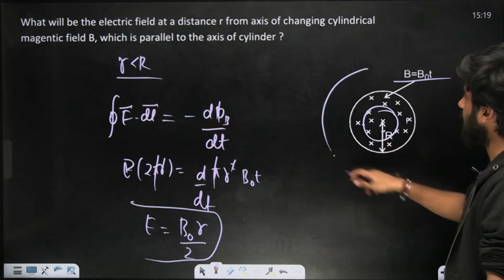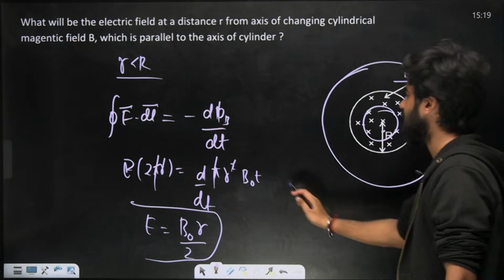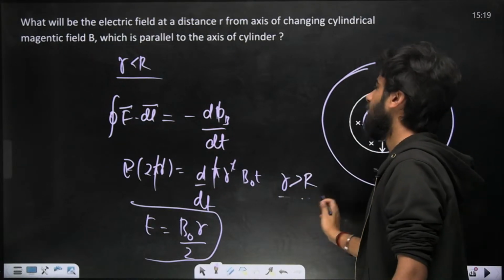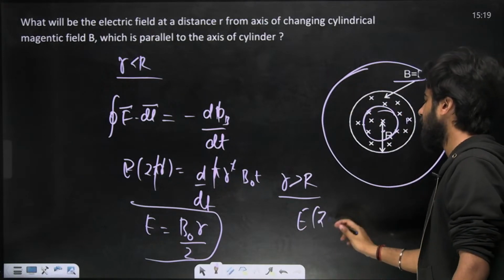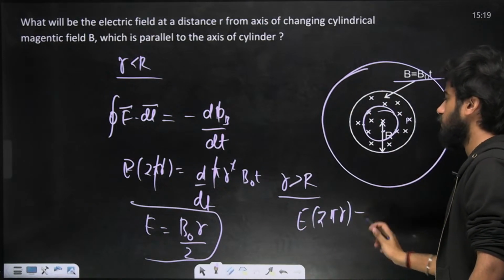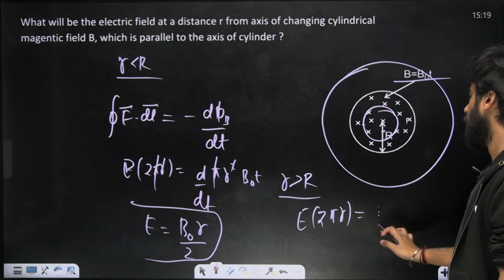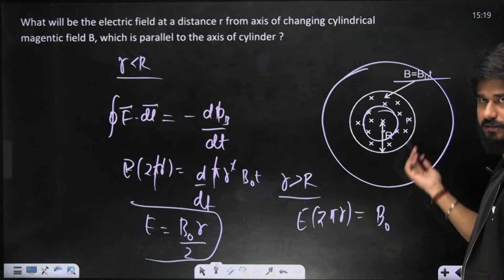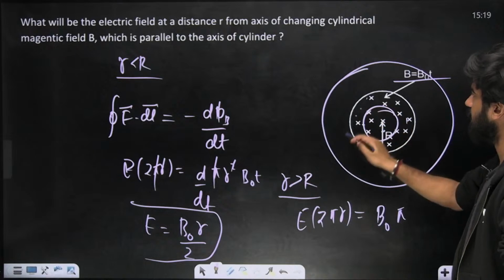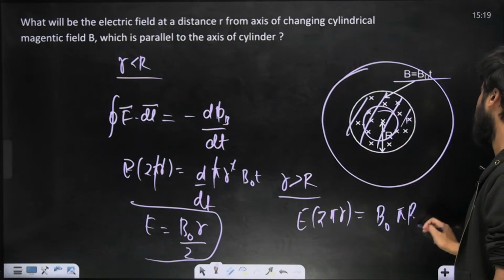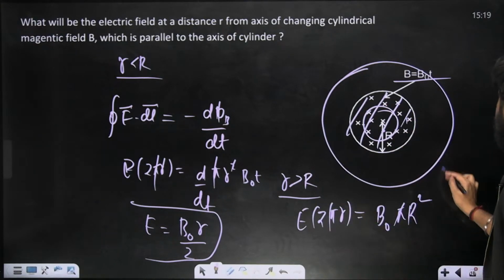But if we talk about the outside, where r is greater than capital R, what will this expression be? E into the loop length 2 pi r is equal to the flux. B naught into t, differentiation gives 1, and the flux area is pi capital R square. So pi again gets cancelled. E is equal to